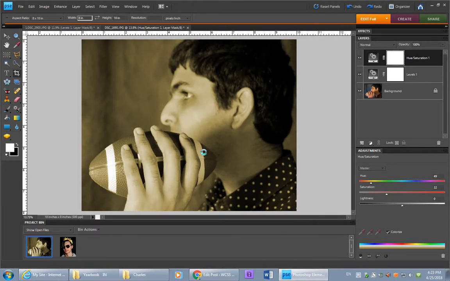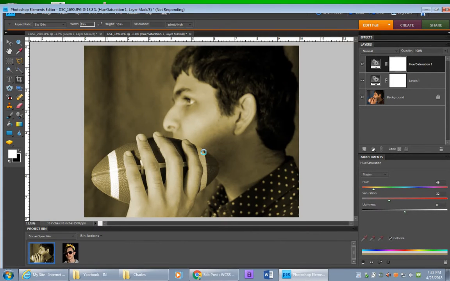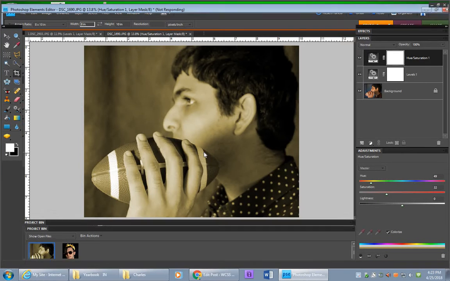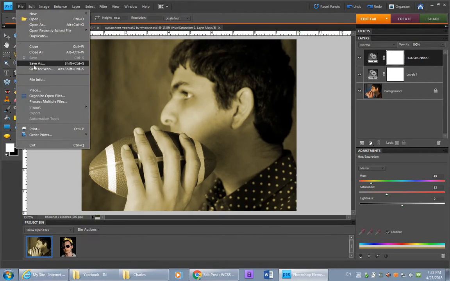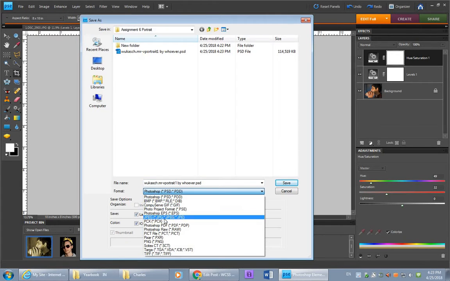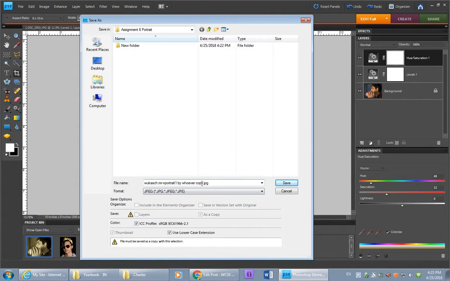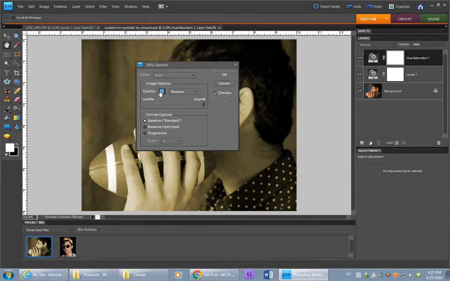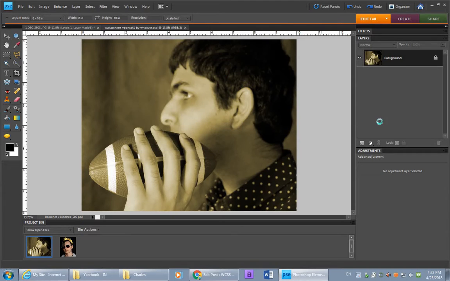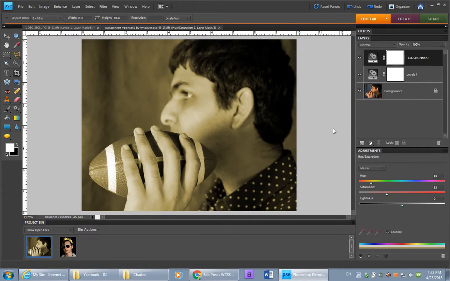So that's your PSD that you've saved, but printers often don't print PSDs, they'll print TIFFs and JPEGs and other bitmapped kind of images. So when this is done saving, we will save it as a JPEG too. File, Save As, and Format to JPEG. And just leave it whatever. It's going to add this word copy at the end. Don't worry about that. Just press save. Make sure the quality is 12 and press OK. So you've got an enhanced photograph that has been cropped to 8 by 10